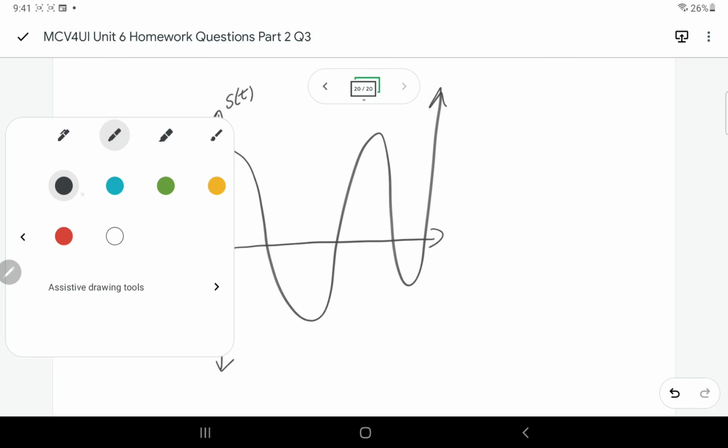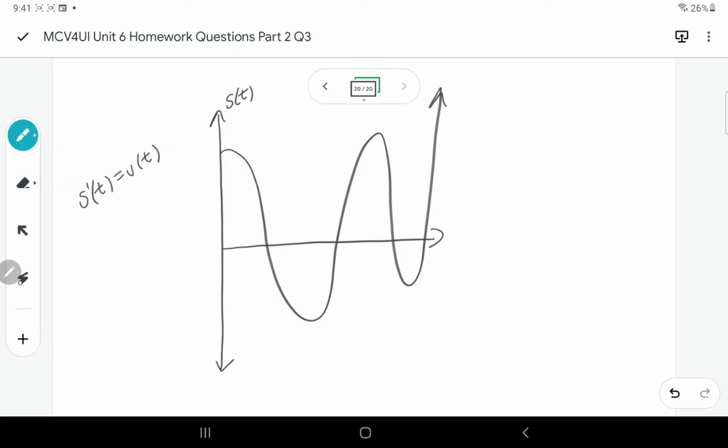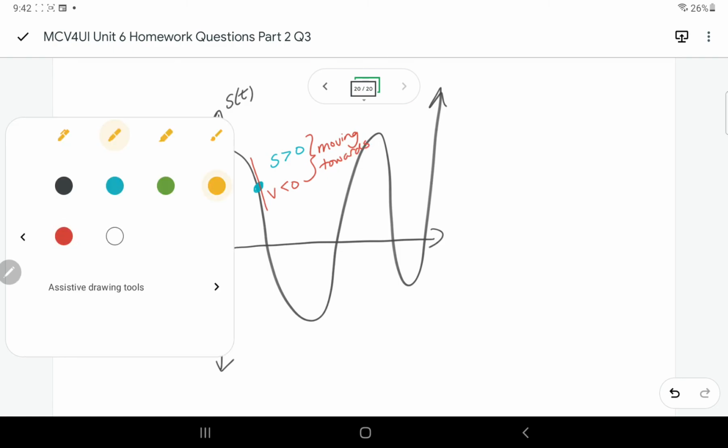So if you looked at a certain point on the graph, like there, I know that point is positive. The y value is my position. That's positive. But the rate of change at that point, the velocity, is the slope of the tangent. So the velocity has a negative slope for sure. So this is moving towards the origin,